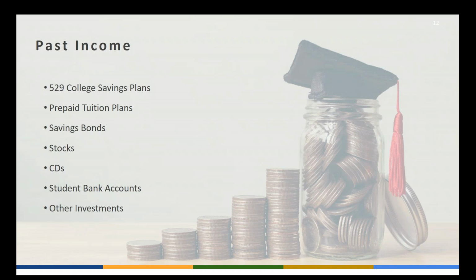Want to take inventory. Maybe mom and dad have generous parents or aunts and uncles who are able to save for the student as well. Maybe they've opened up their own 529 accounts. We have lots of grandparents who are saving for their grandchildren. So they want to understand who has what resources available.